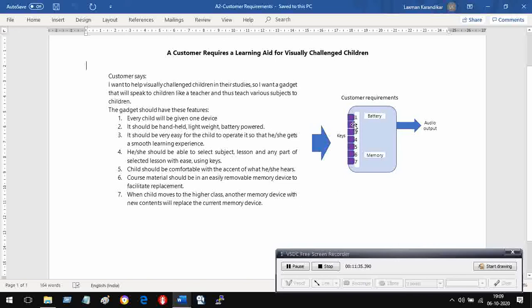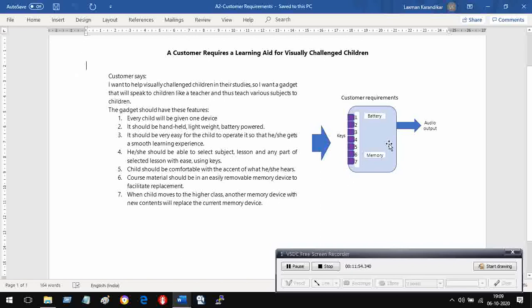Next, back, stop or play, that is pause or play, and accept. These are the 4 keys. Then volume control, 2 keys. Like that, we will see it next.